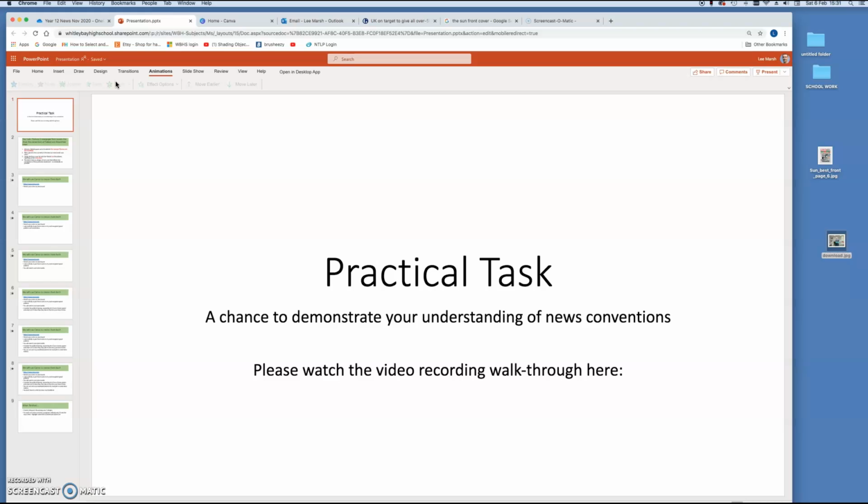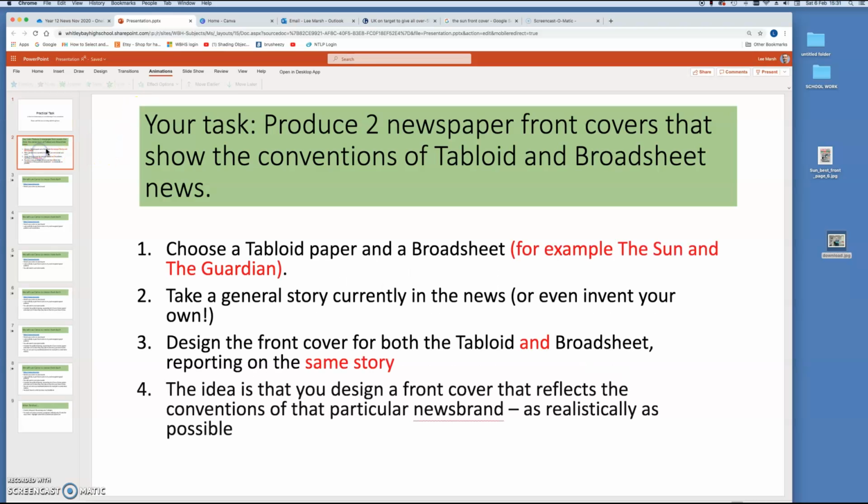So it's building on all the work that you've been doing since pre-Christmas, exploring the news industry, and the task is going to be as follows. So you can see on your screen there, hopefully. You're going to try and produce two newspaper front covers. You're going to create them yourself. And the idea is that these front covers will show the conventions of a tabloid and the conventions of a